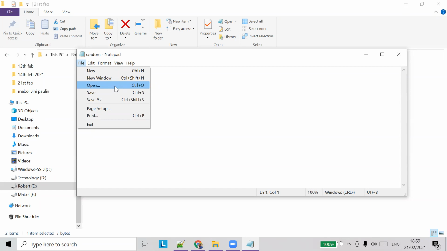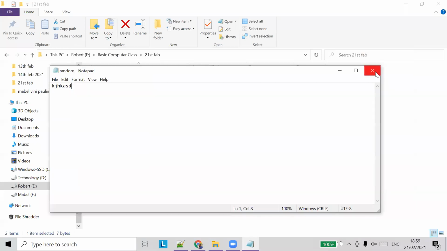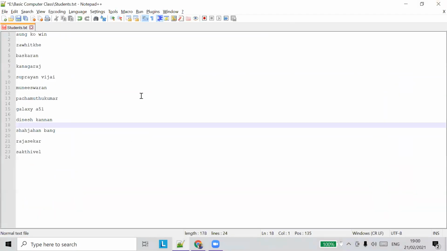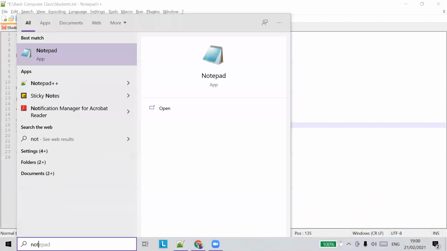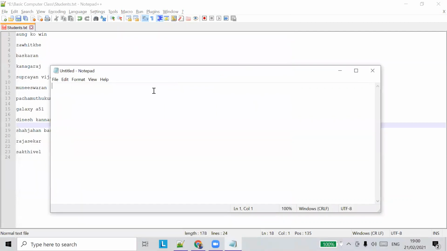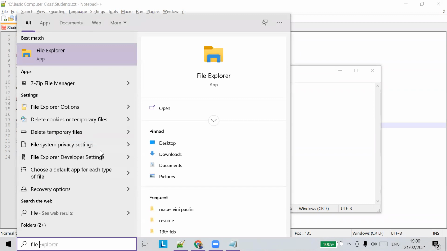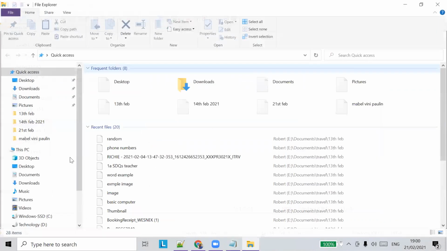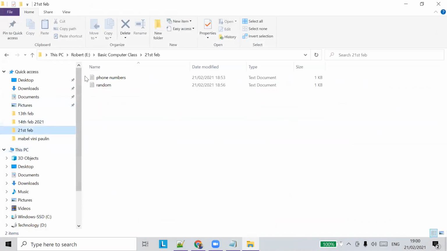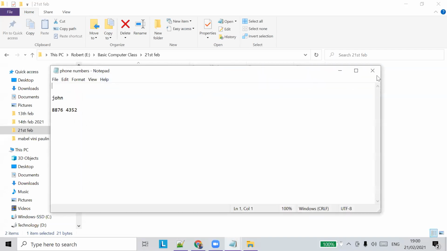Let's say you're not here, and I open a notepad. I want to open the phone numbers file. I don't want to go to the file explorer, go to 21st Feb, and double click it.